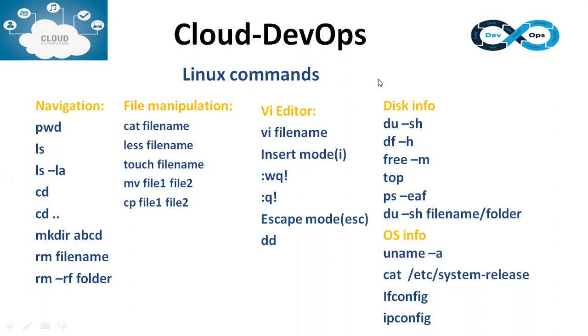PWD, you might have already known, present working directory. While I explain these things, I will also show practically, so that you will come to know how to execute these commands as well. Let me open Git Bash in my open server. One advantage of Git Bash is that it provides a Linux kind of environment, so you don't need any Linux servers to run the Linux commands. You can simply run all these commands in your Git Bash. That is the advantage.